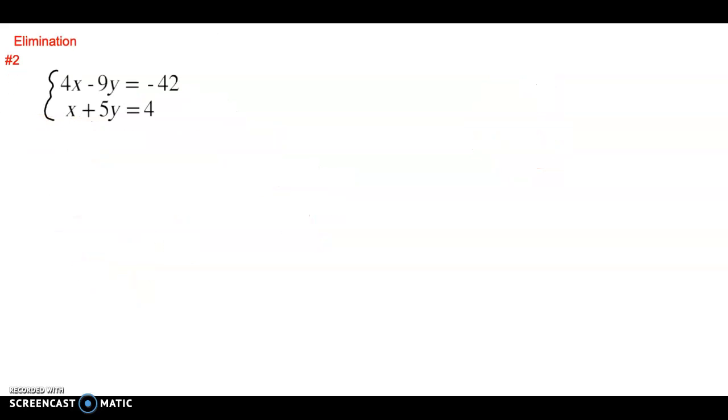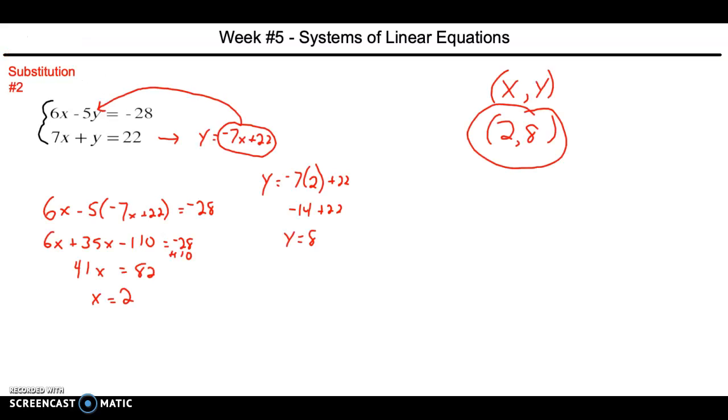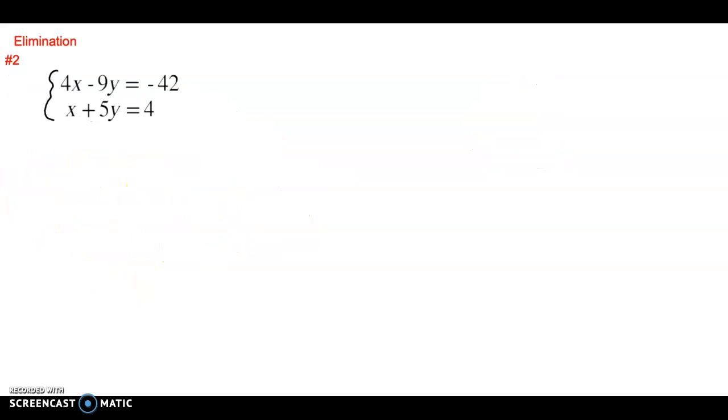Another method is called elimination. It has the same goal as the substitution. That goal is right here, getting this one equation with the one variable. Elimination has the same goal, it just goes about it in a different way. So, just by the name, elimination, we're going to eliminate something. So what we're looking for is the easiest way to get the same variable, either the x's or the y's, and it doesn't matter which, to get them to be the same, so getting both of these to be a positive 4x, or getting both of these to be, well, I would go with